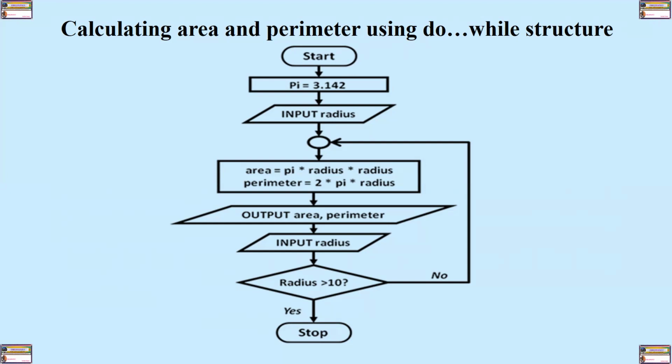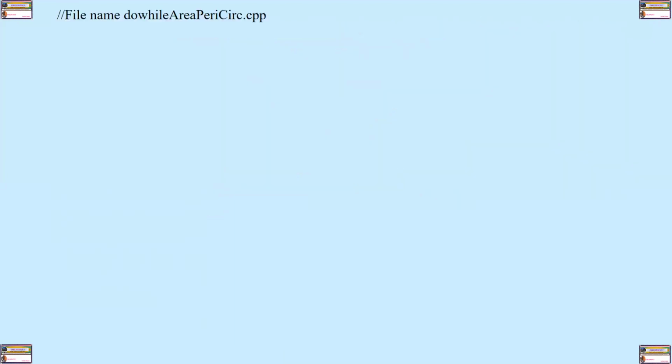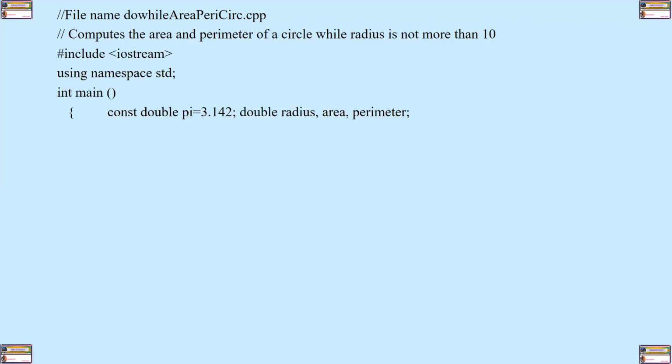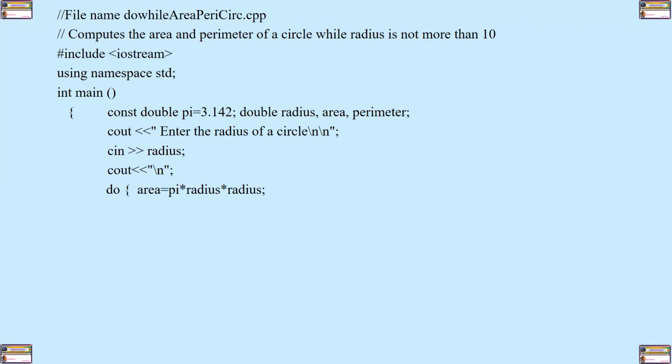That means no. Now, when it comes to coding, my dear students, the rest of the learners, we code that way. We have, of course, the comments as usual. We have hash include iostream. Now, my interest is on the do while section. You can see once you have entered the radius, then we check. No, first of all, before we check, we calculate the area.